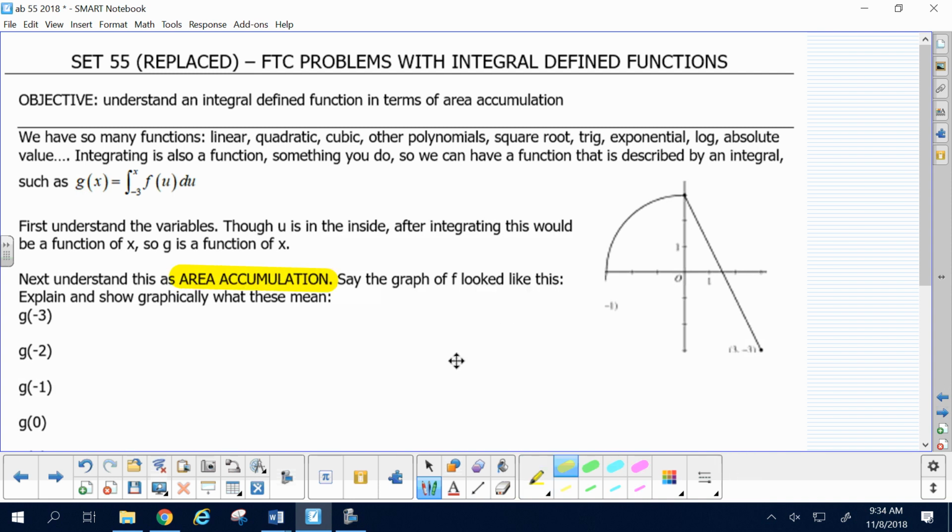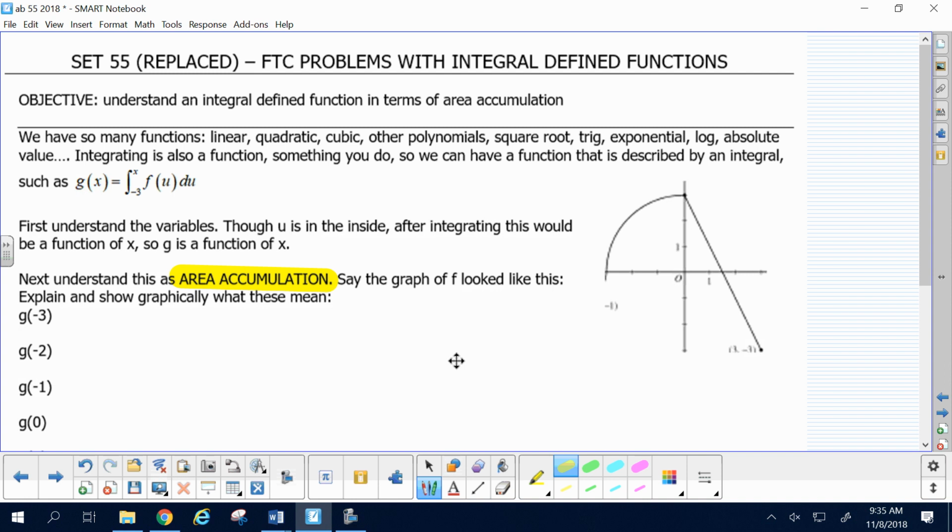Now let's start with the variables here. You can see right away that it's got a little funkiness with the variables. It feels like g of x should be a function of x. And yet over here, there's some u stuff going on. You follow? Now, if you were to look at this then,